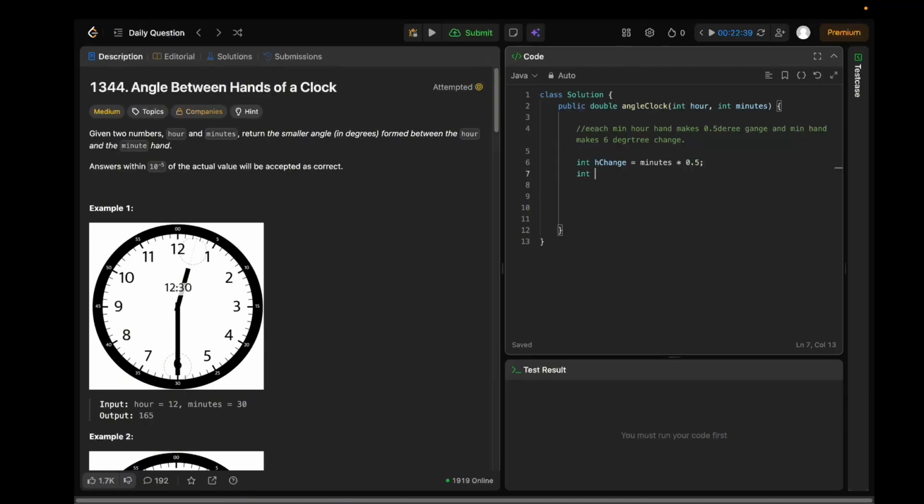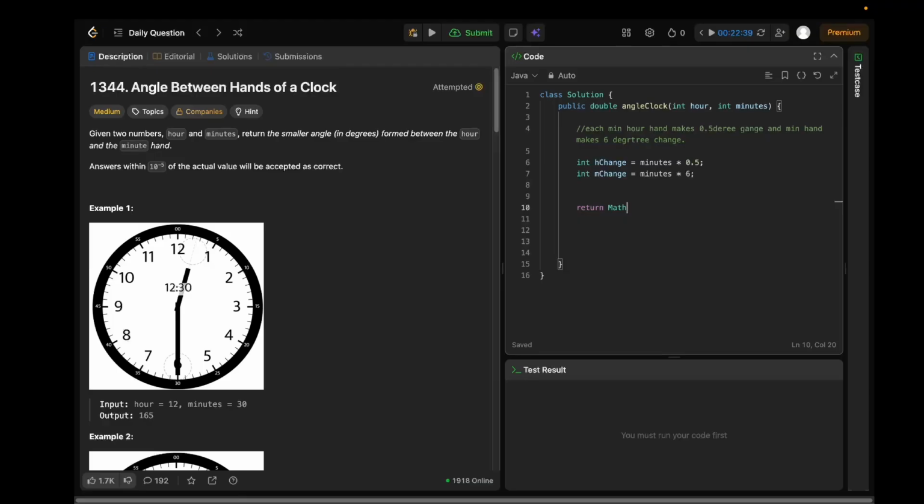And integer minute change is equal to minutes multiplied by 6. Right, and then